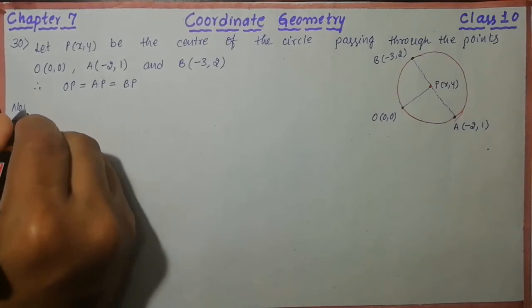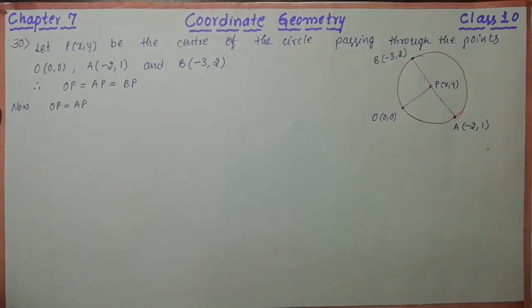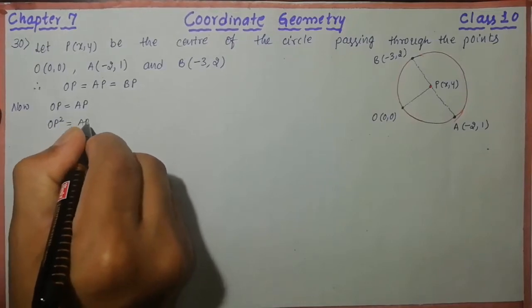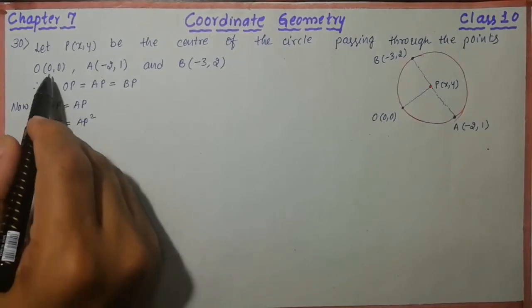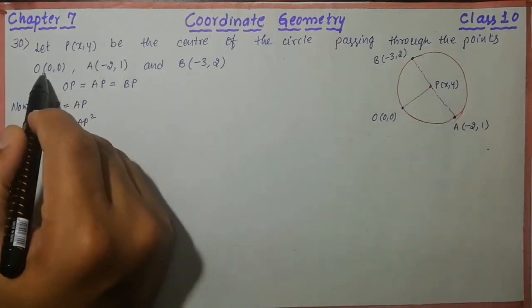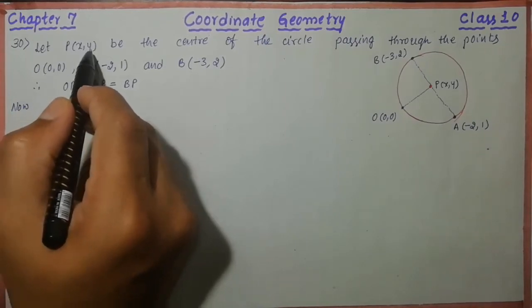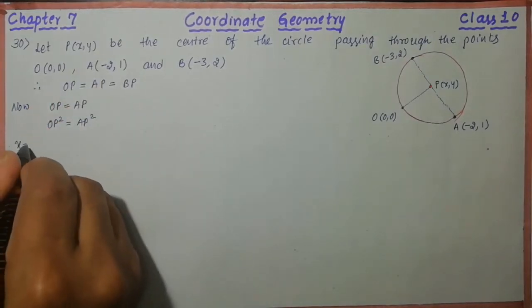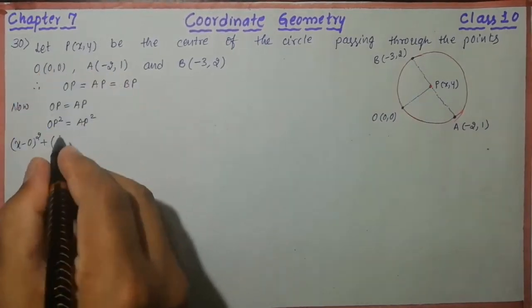Now OP is equal to AP, and I'm going to square this. OP square is equal to AP square. Now you have to apply the distance formula. OP means O and P, which is (x, y). I'm going to treat this as (x1, y1), (x2, y2). Then it will become (x2 minus x1) whole square, x minus 0 whole square, plus (y2 minus y1) whole square, y minus 0 whole square,